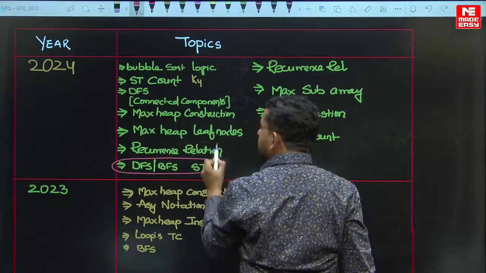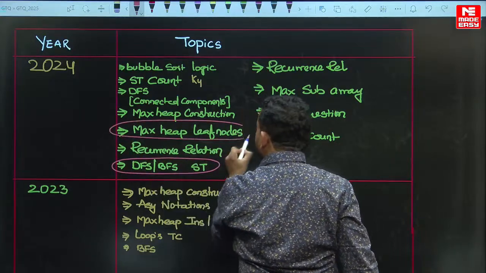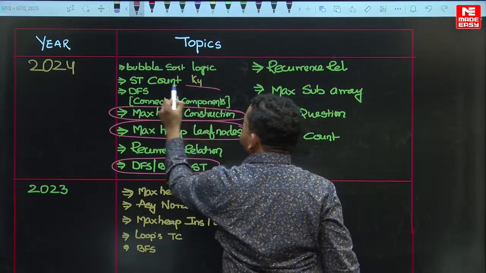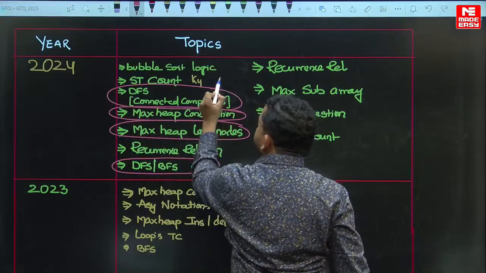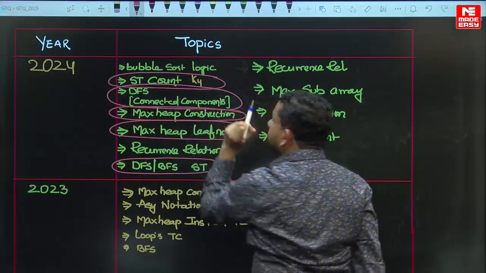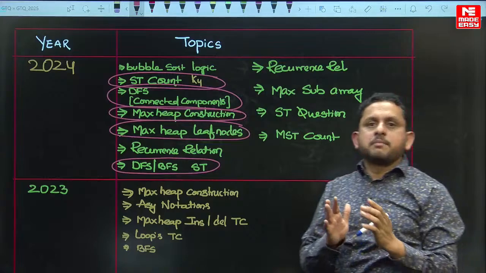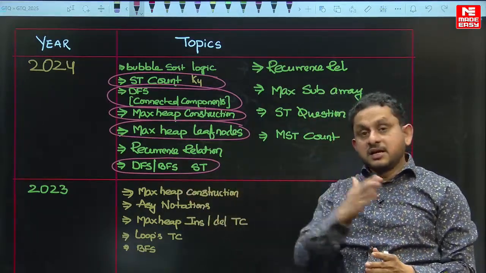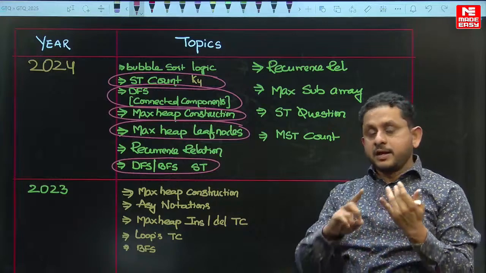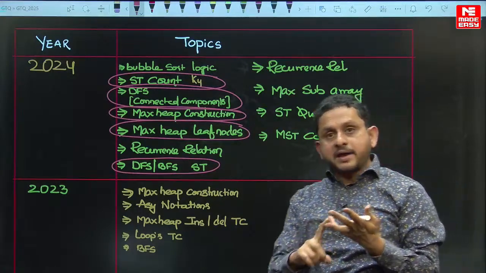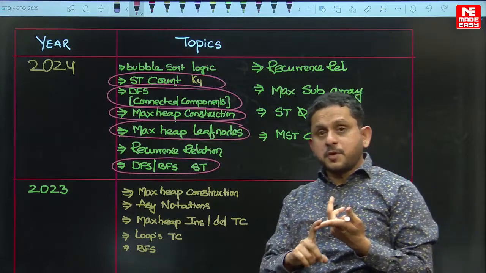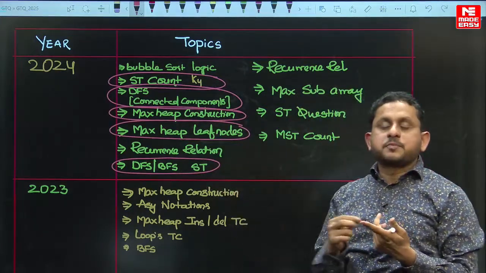DFS and max heap, again max heap, and again DFS and a spanning tree question. So understand the importance of the greedy algorithm onwards: shortest path algorithms, spanning tree algorithms, graph traversals, the all-pairs shortest path algorithm of dynamic programming,